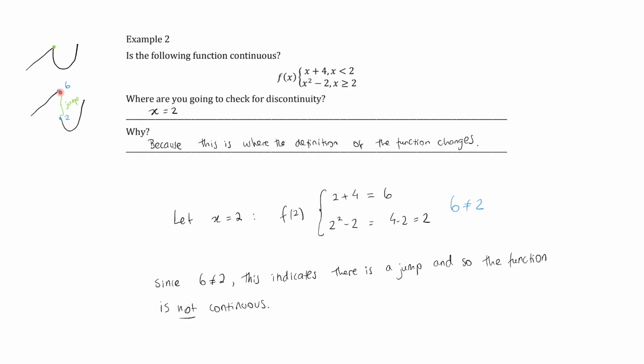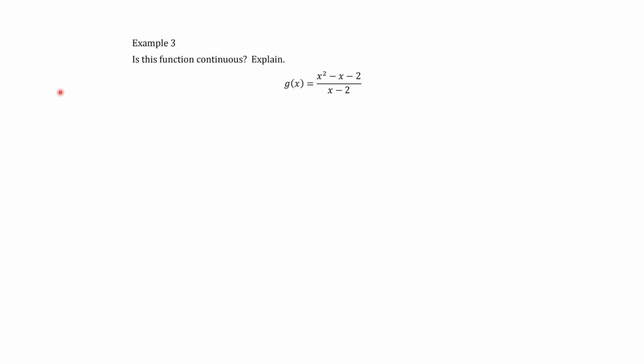Okay, let's take a look at another example. Is this function continuous now? All right, so we have a rational function, x squared minus x minus 2 over x minus 2. What is our first step here? Well, with rational functions, the first step is always to try and factor them, okay? So if we factor the numerator, we are going to have that x squared minus x minus 2 factors into x plus 1 times x minus 2, which is, of course, going to cancel out with the x minus 2